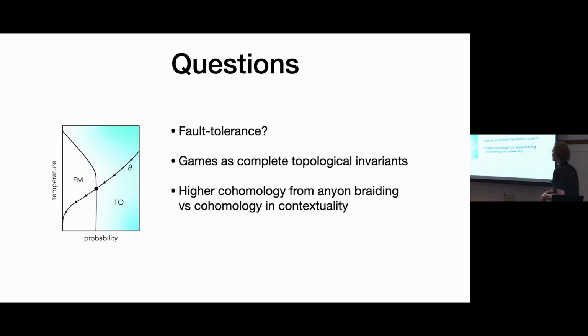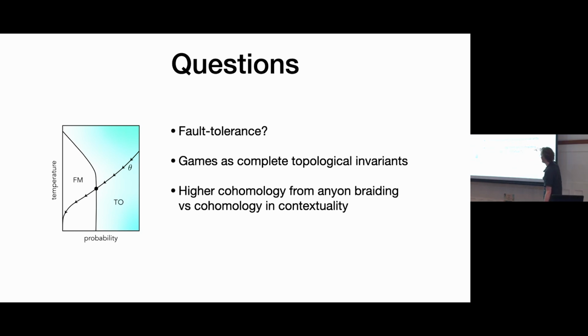And I think it's unknown whether we have any kind of games that will be complete invariants and actually match the topological phase transition, especially ones that are non-adaptive. So our game doesn't change as you rotate theta. And that's what we really want. We want some kind of fixed game where you could say, well, you play this, and then if you get above this score, you're in the surface code phase. So that's an open question.